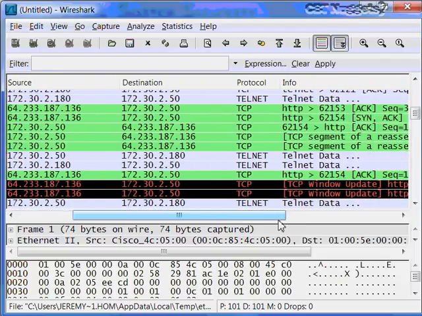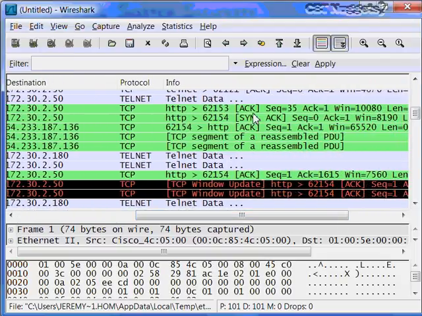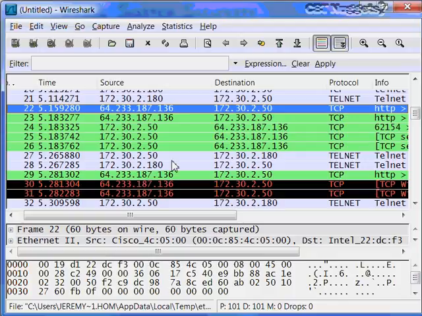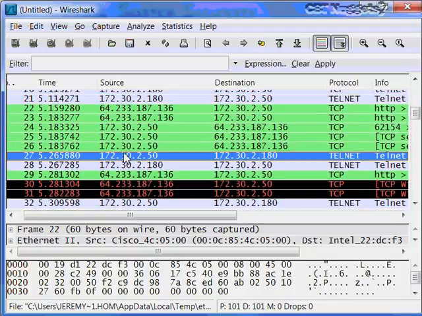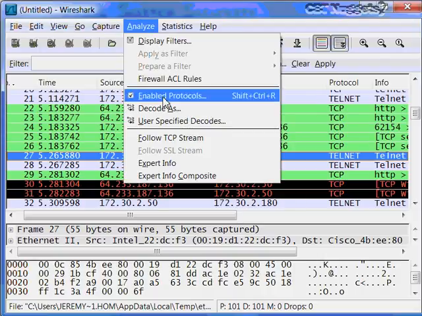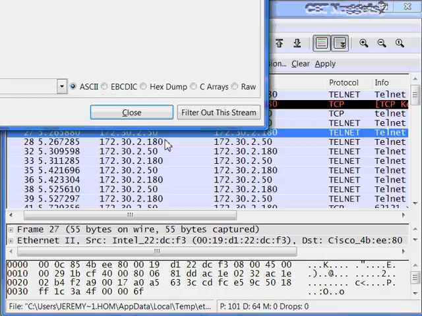It looks like in the background, my computer has a web browser connection of some sort open, and I'm just looking at, yep, it does. So it's capturing some web traffic, but down here, it's showing the packet captured from, you can see the source address 172.32.50 to 172.230.2.180. Now, if I were to, let's see, go to follow TCP stream, we'll actually,